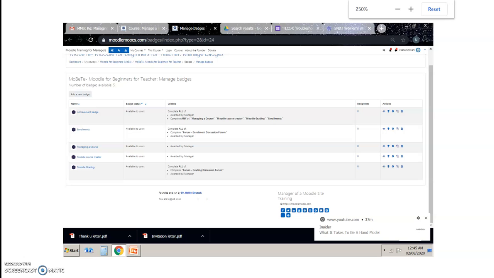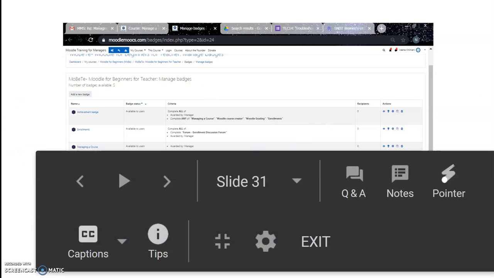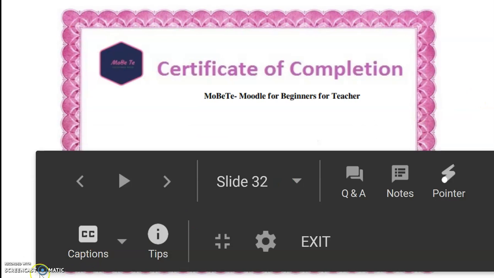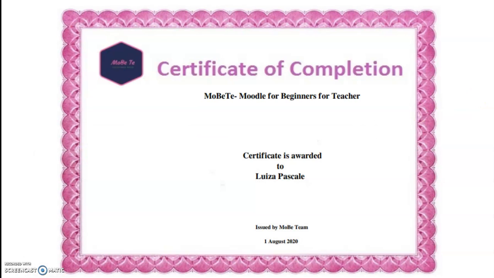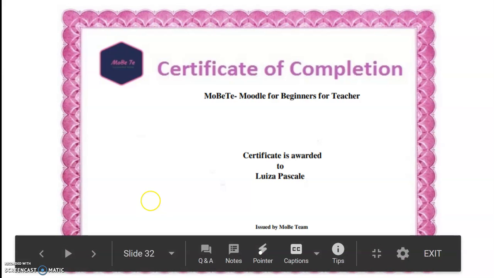So this was the way we had the batches. So this was the certificate presented to Louisa on her getting into the activity of certificate preparation.